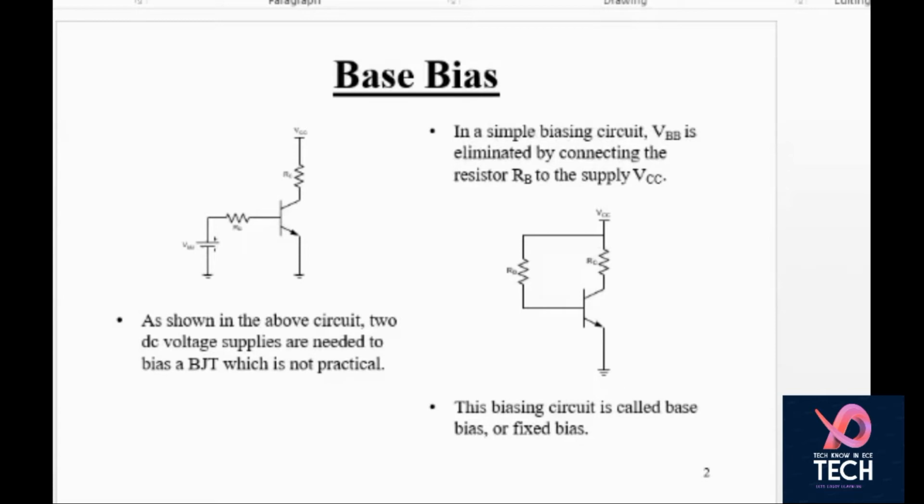Here you can see VCC is given to you, RB is not known to you, RC is known to you. So IC saturation, the formula is known to you, VCC by RC, and you can easily find the value to be 6 milliampere. Similarly, your VCE off is equal to VCC, which is 12 volt. So these are the 2 points. You connect these 2 points, a sloped line is drawn, and this gives you your load line.